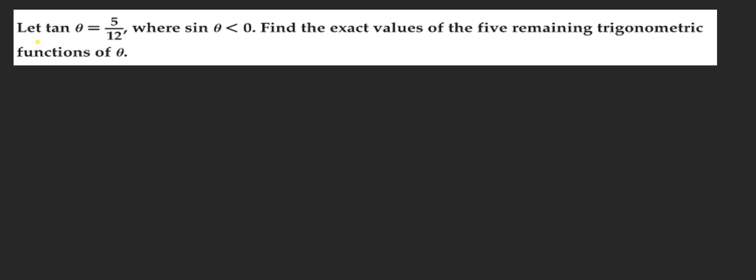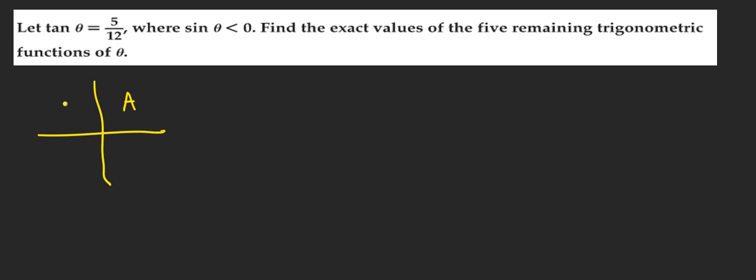It says let tangent theta equal 5 over 12, where sine theta is less than 0. That means sine theta is negative. They want us to find the exact values of the 5 remaining trig functions of theta. So we first need to find in which quadrant these two occur, where tangent theta is positive and sine is negative. Remember,